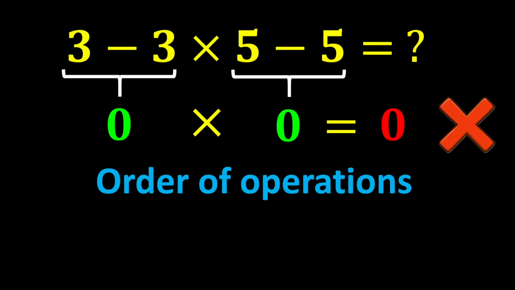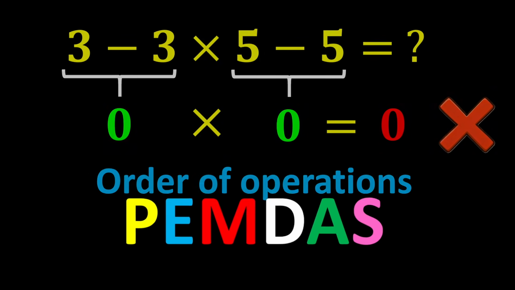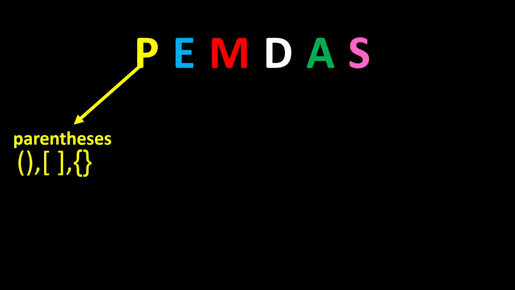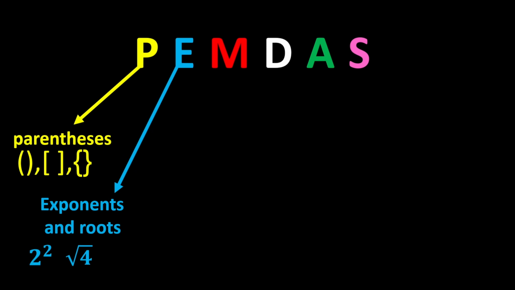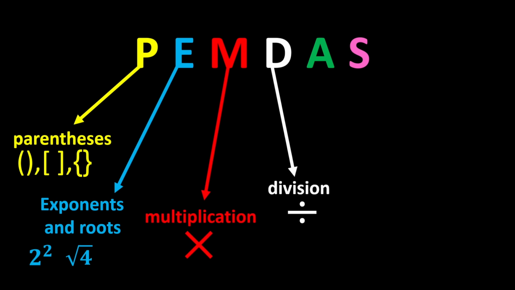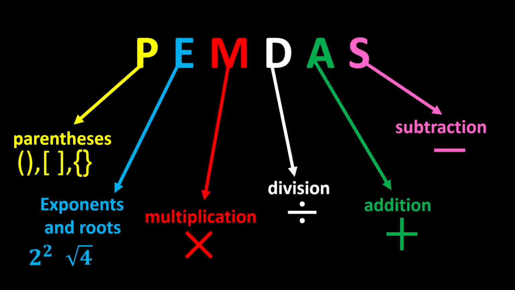The correct order of operations is known by a short acronym called PEMDAS. P stands for parentheses. E stands for exponents and roots. M stands for multiplication. D stands for division. A stands for addition. And S stands for subtraction. According to PEMDAS, in any mathematical expression, we first calculate parentheses, then exponents and roots, then multiplication and division, and